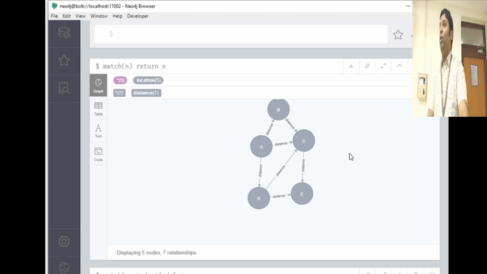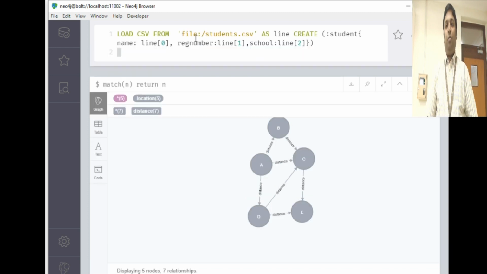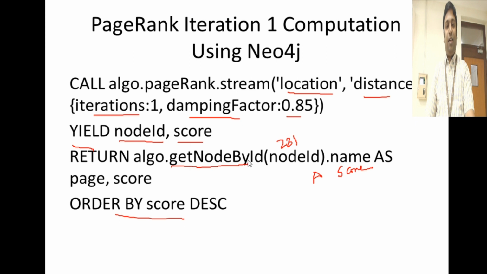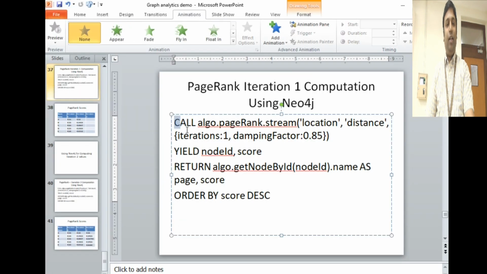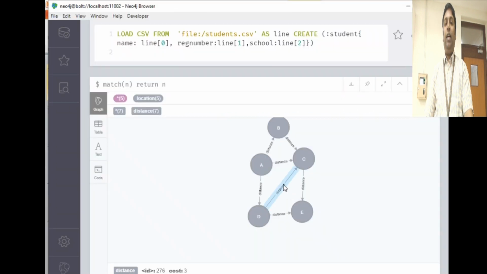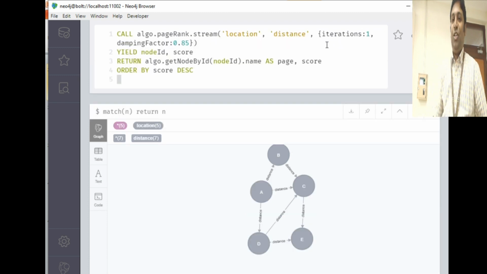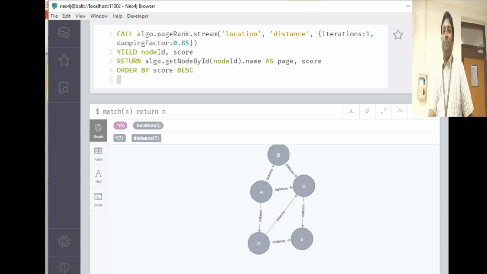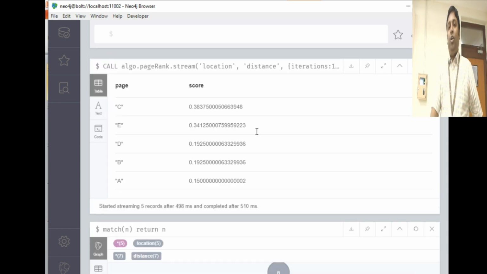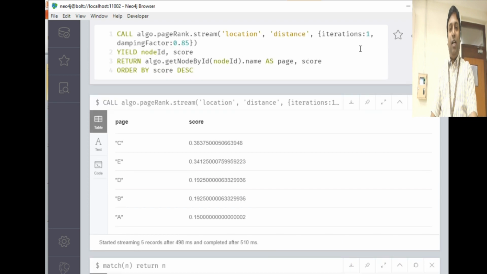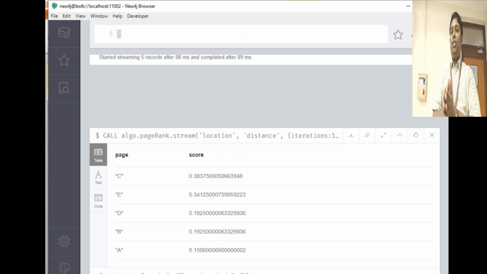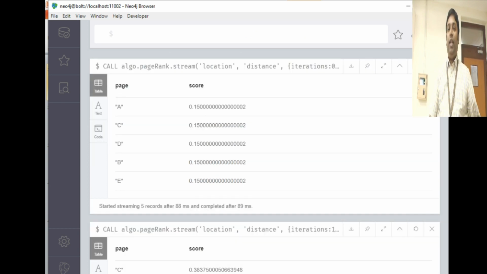Okay, so for this we have to compute the page rank. What we have to do is just push this here, not this one. I have to copy this query and then I run it. So we'll run it for the first iteration, that is iteration 0. After iteration 0, what was the score of all the nodes? Let's go and check what Neo4j does for us. So we start with iteration 0, we go to iteration 1, and then iteration 2, right? When I give iteration 0, you see the page rank for all the nodes is 0.15,